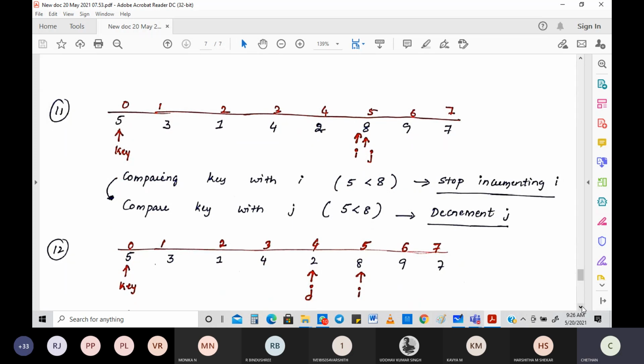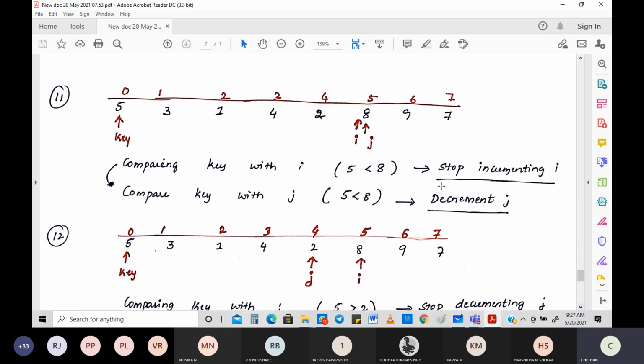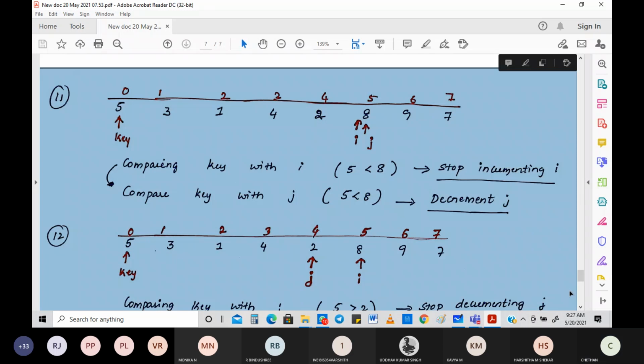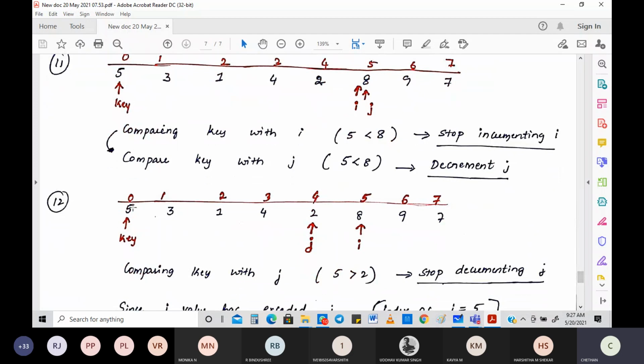Now be careful. Once it surpasses, it clearly means that we are into the solution. We are almost near the solution. Again, we should not stop our regular work, which is comparing the key value with J, because here we were in J itself. 5 is compared with 2, which is J. So I need to stop decrementing J because the key value is greater.